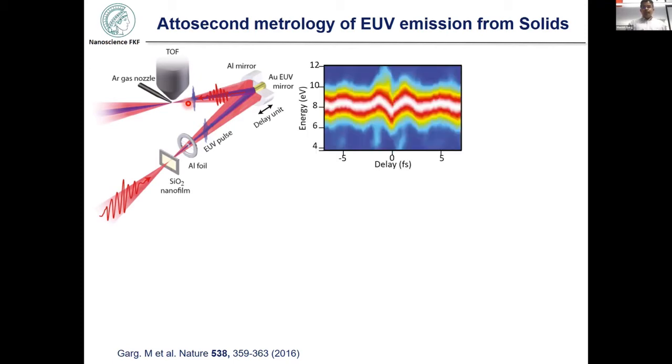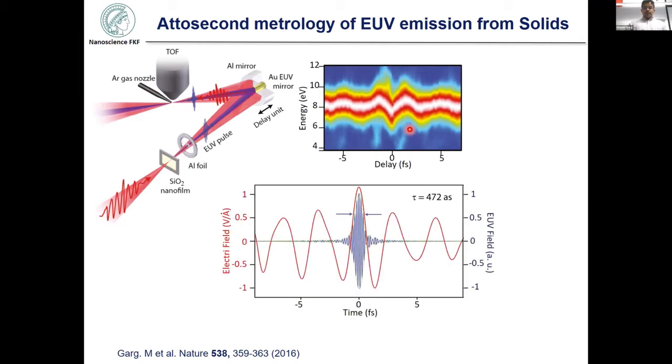And we get a streaking spectrogram which looks like this one. This streaking spectrogram can be reconstructed by the principal component generalized projection algorithm, and this gives both the information of the driving electric field and the information of the EUV pulse. But of course, the information that you don't get from this experiment is the relative timing of the EUV pulse with respect to the driving pulse. This can be obtained by doing a high order nonlinear autocorrelation of our dual mirror setup that you see over here, and this is the precise delay calibration that one can do.